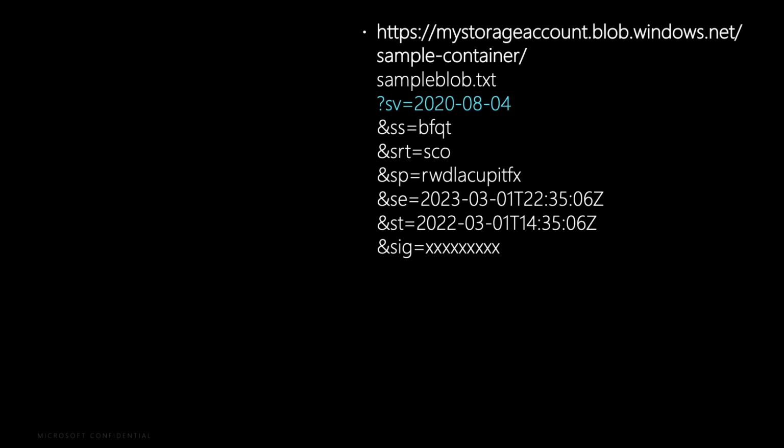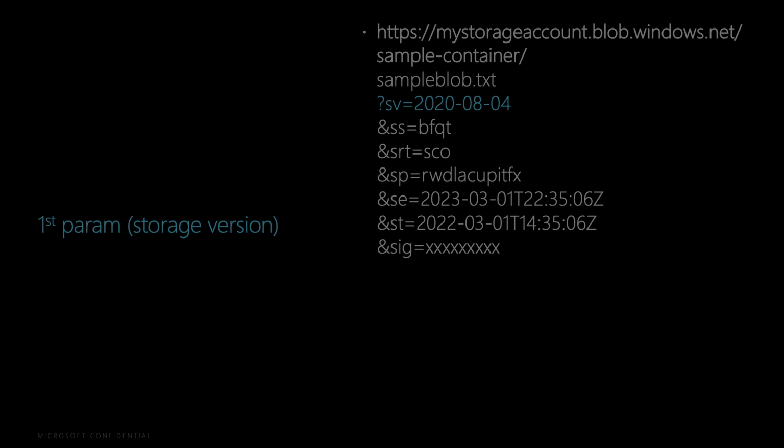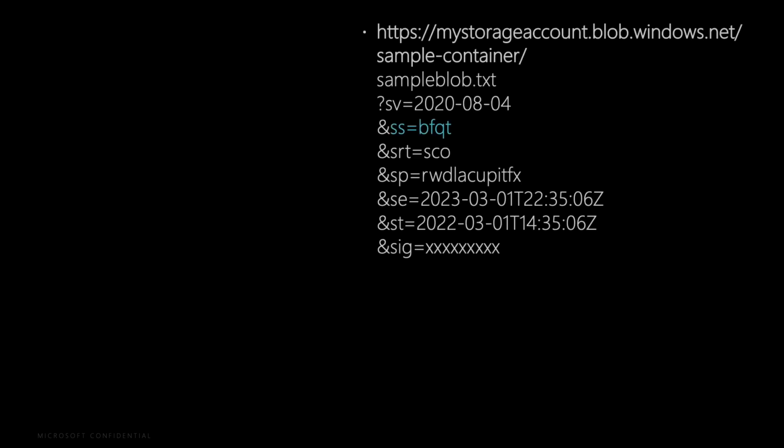Now let's take a look at our token, which begins with the question mark, which to those of you that are familiar with web development also denotes the beginning of our query string. Our first parameter, SV, holds the value of the current storage version that is being used. In our example, the second parameter of the token is signed services,